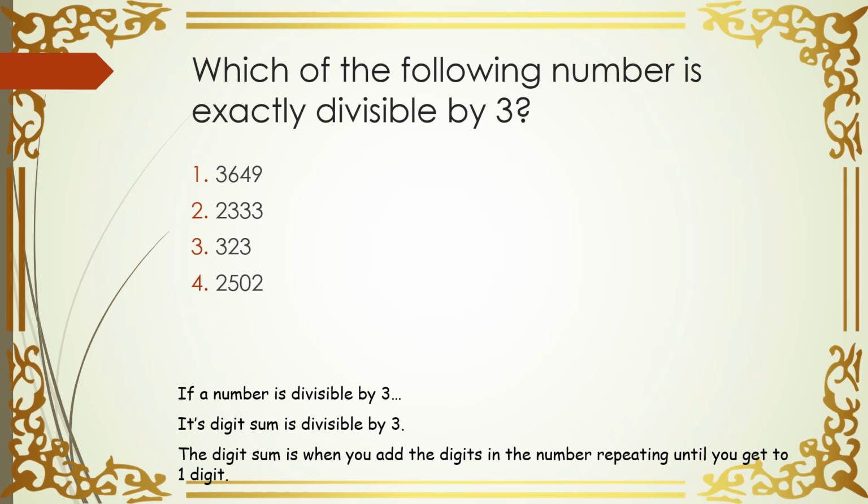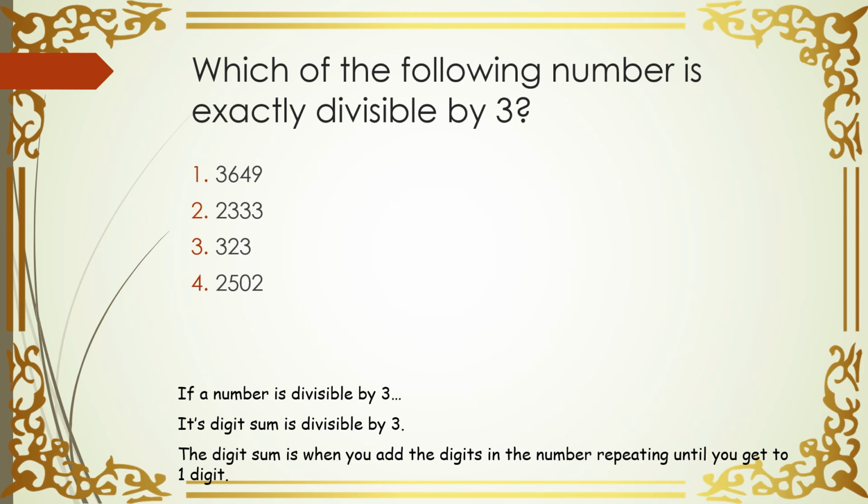If you keep on adding, that is 3 plus 6 plus 4 plus 9, it is equal to 22. अब ये 1-digit number नहीं है, हम लोगों को उसको फिर से ऐड करना पड़ेगा. मतलब 2 plus 2, everybody knows the answer, that is 4. Is 4 divisible by 3? No. So option number 1 तो नहीं है. Then we will add 2 plus 3 plus 3 plus 3. It is 11. Again, 11 क्या होता है? 1 plus 1, so it is 2. Again, this is not the correct alternative. Let's move on to the third one.